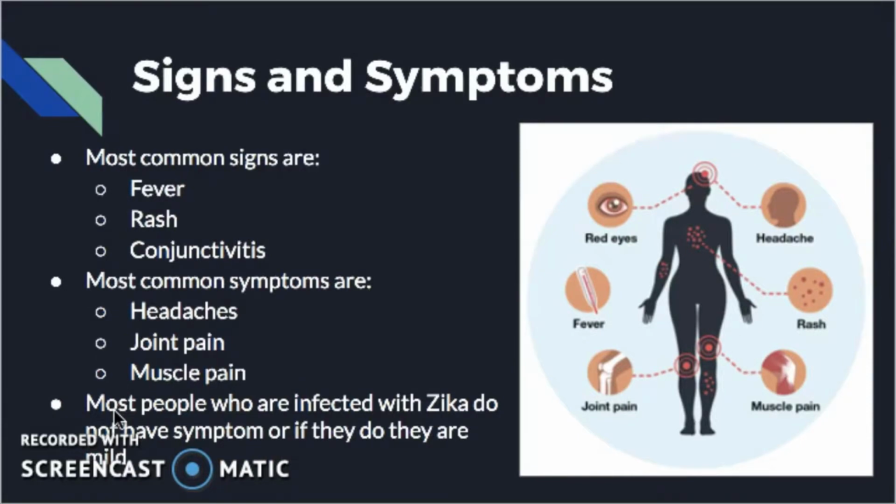Signs and symptoms. There are some signs and symptoms for the Zika virus. The most common signs of the virus consist of fever, rash, and conjunctivitis. The most common symptoms are headaches, joint pain, and muscle pain. Although most people who are infected with the Zika virus do not have symptoms, there are some who do get